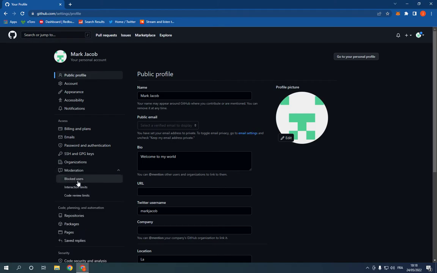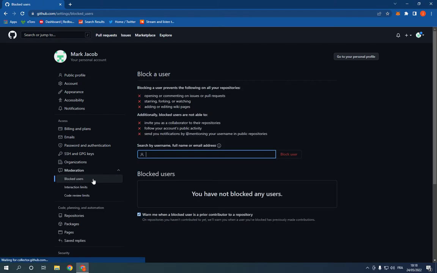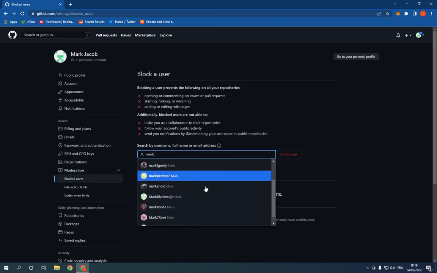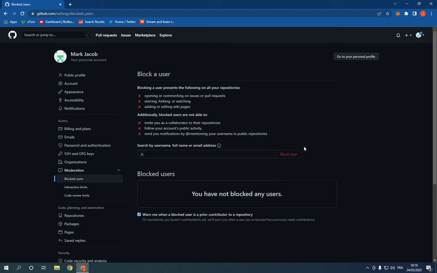Now click here on blocked users. After you click on it, now here on this bar, add the username or the full name or the email address of the user that you want to block. And after you add the name of the user, just choose it from here, then click block user, and the